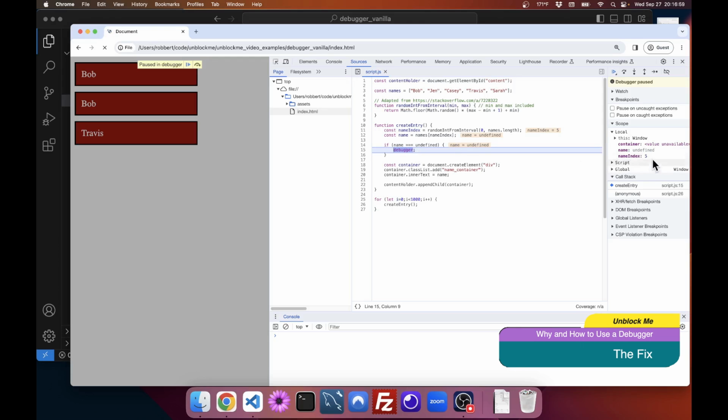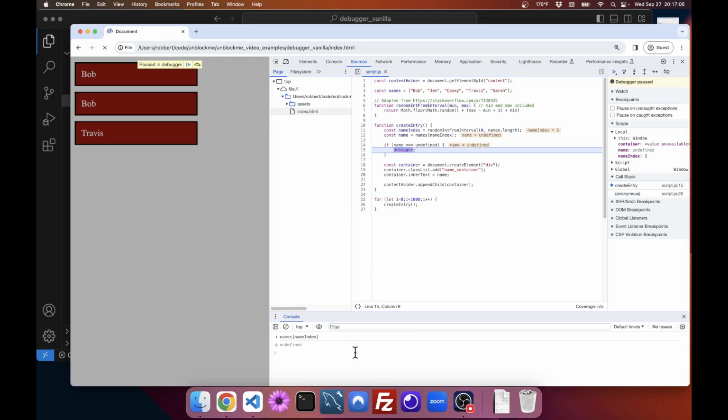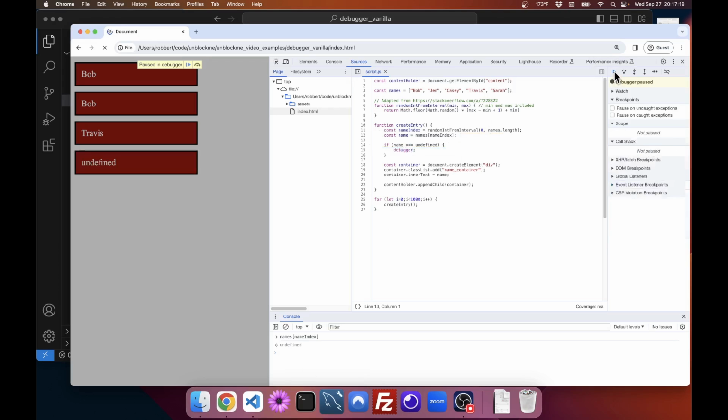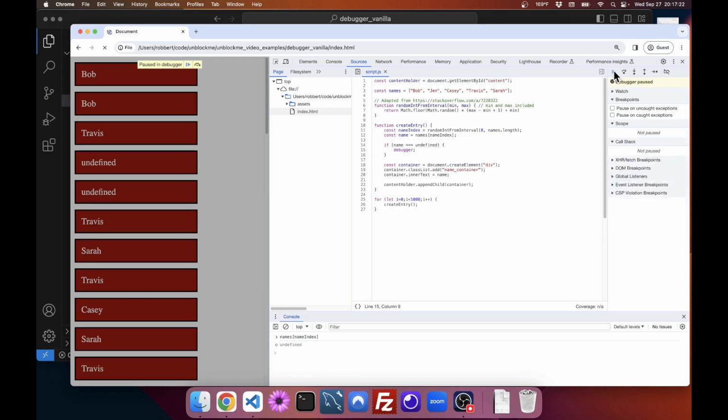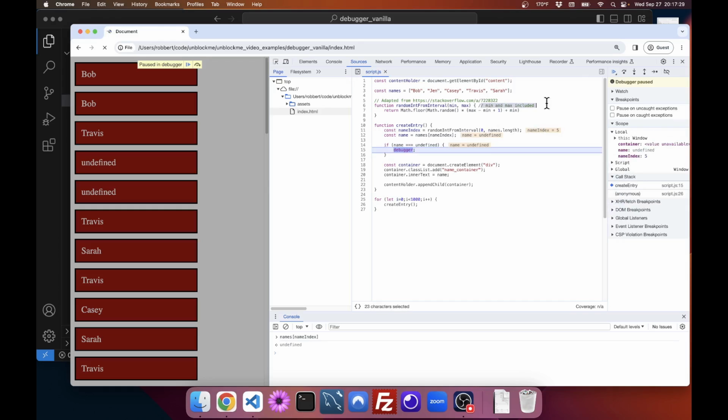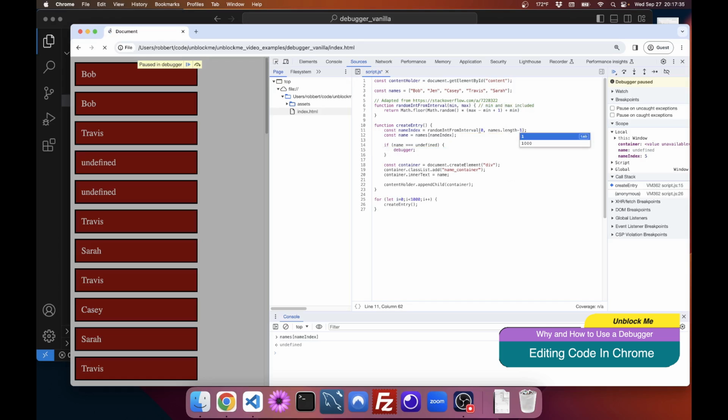Okay, so now I can see, all right, name undefined, name index 5. So let's see. Names, name index. Well, that's undefined. Why? Well, I can see, okay, names.length is 5. And here's where the bug actually comes in, which I can find because I know what the name index is at this point. It's 5. Every time it's undefined, it's 5. And the reason is names.length is 5. This is overrunning the array. That's really the thing, because min and max is included. I should not actually have the max. So if I just say -1,